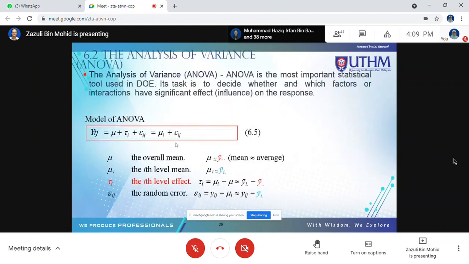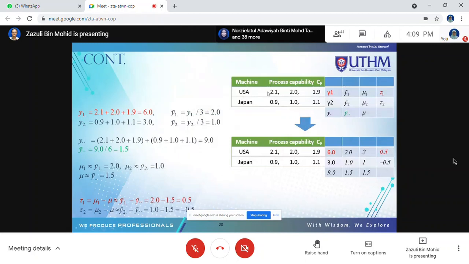So at the previous slides, these are the equations that we gave for solving the ANOVA model, and from the table you can arrange it like this. The first column here is y1, y2. The second column, additional, is y bar 1 and y bar 2. And we have mu1, mu2, and tau 1 and tau 2. So the formula as given before in the previous slides,